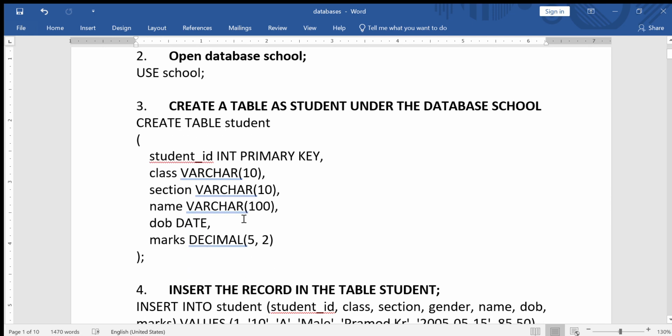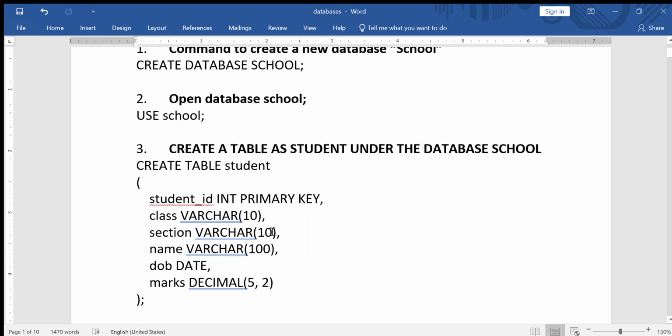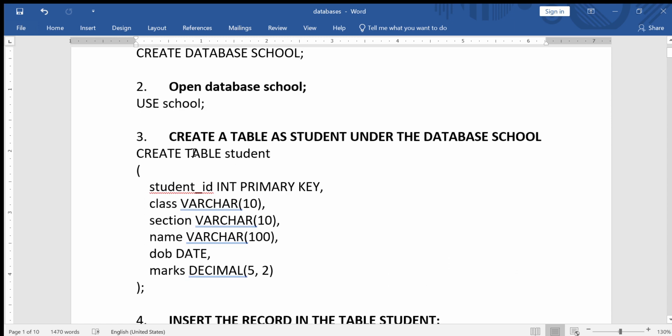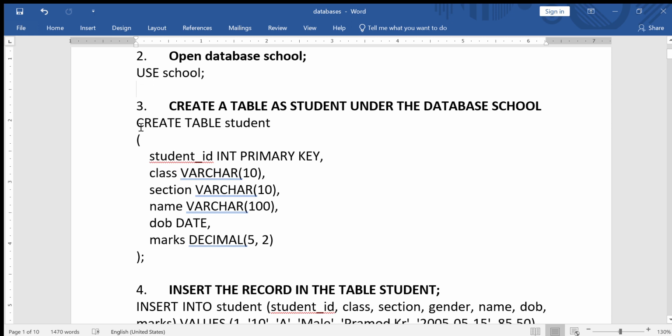Further, if you want to create a table as student under the database school, as we have already created above, there is a certain format for that also. Firstly you have to write CREATE, then TABLE, then the table name. After that you have to use small brackets, then